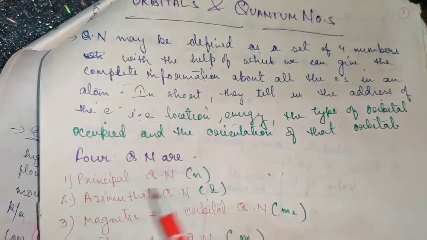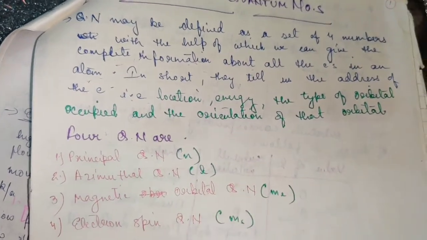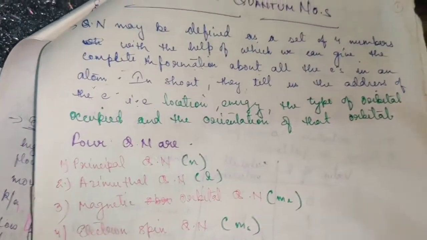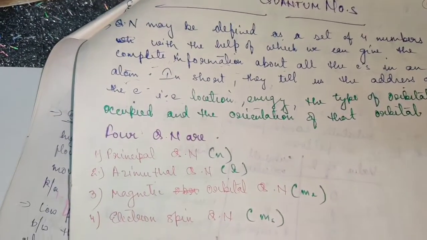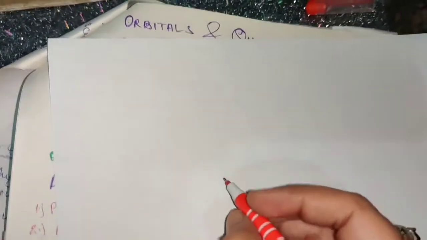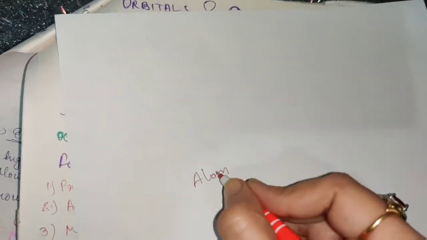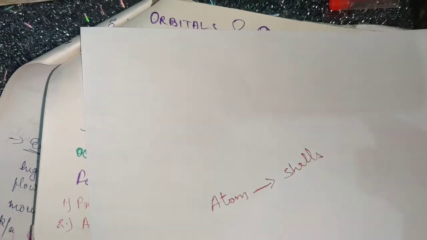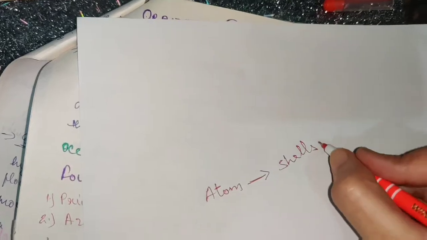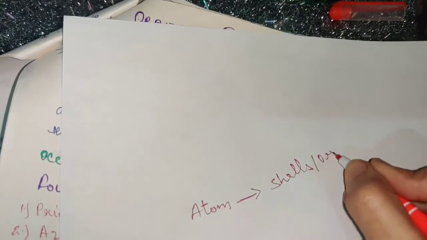So before I start explaining this, the first thing that I need to tell you is how to find out the location of an electron in an atom. To explain that, please children, follow this order that I am telling you. When you move inside an atom, the first thing that you encounter are the shells. Shells are also known as orbits. Please pay attention to this.